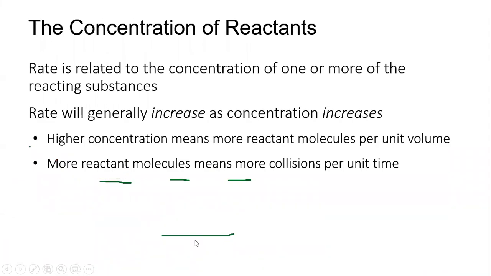So concentration does play a role with rate of reaction. So if you think about it, the greater the concentration of reactants, the more, for example, molecules of reactants you have. So the more molecules of reactants you have, the more likely that those are going to lead to effective collisions. So now you have more collisions. There's a higher probability of those collisions leading to effective collisions,